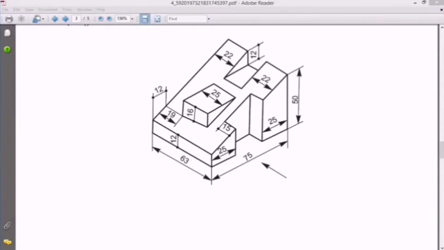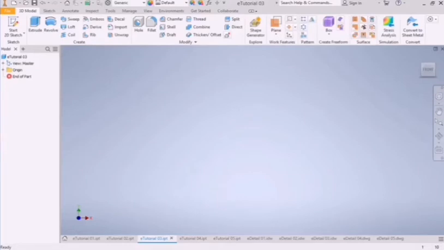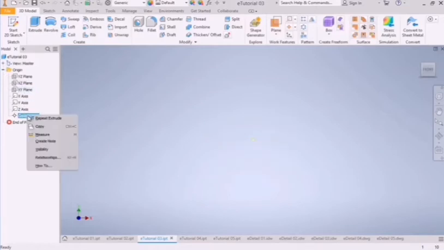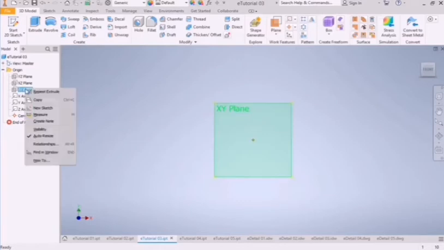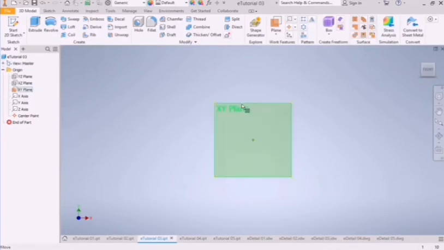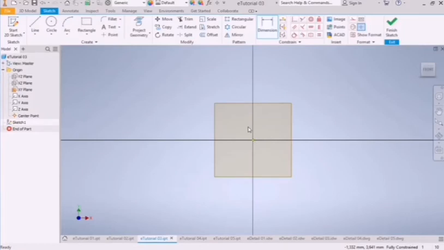And then as usual, first things first, we drop down there, start with activating the center point, and then activating the XY plane. Right click, and then select new sketch,